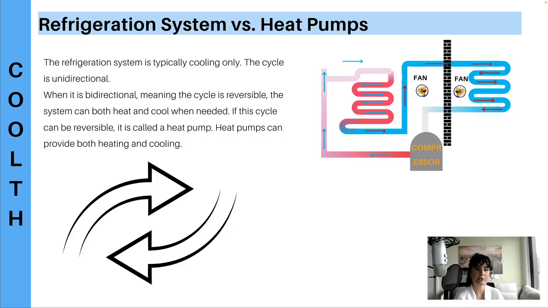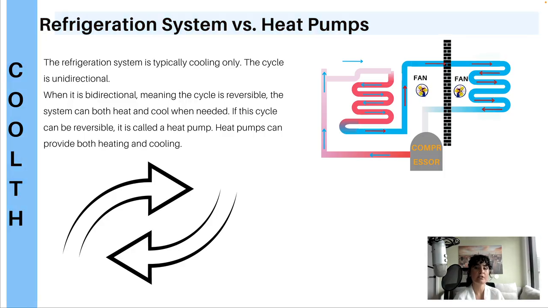When it's bidirectional, meaning the cycle is reversible, the system can both heat and cool when needed. If this cycle can be reversible, it's called a heat pump, not a refrigeration system anymore. Heat pumps can provide both heating and cooling. This is very important. Please write it down. Heat pumps can provide both heating and cooling, and if your space has both needs, you need to specify a